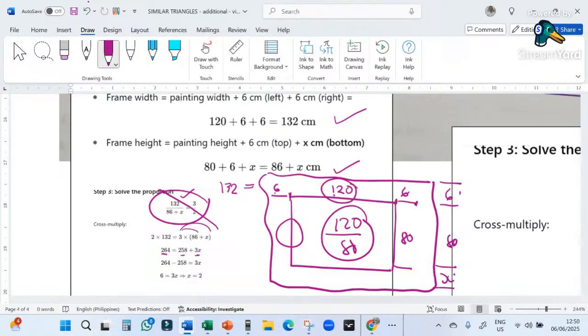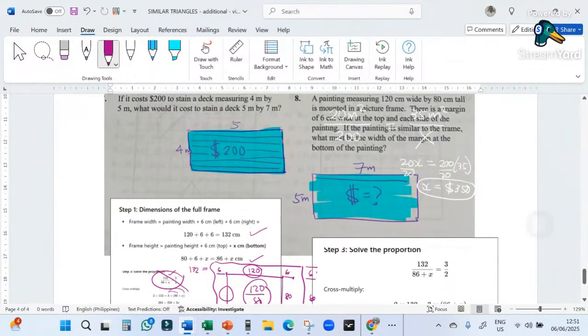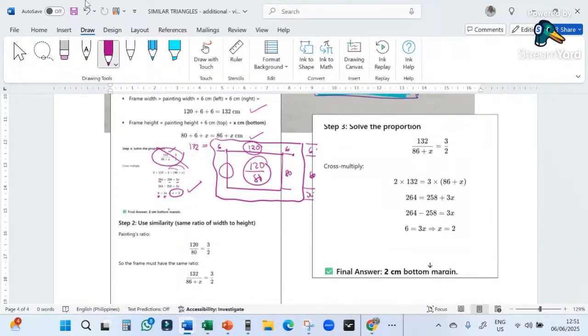Move the 258 to the other side. 264 minus 258 is equal to 3x. 264 minus 258 is 6 equals 3x. Divide both by 3. You'll get x is equal to 2. Okay? Right. So that is the width of the margin at the bottom of the painting